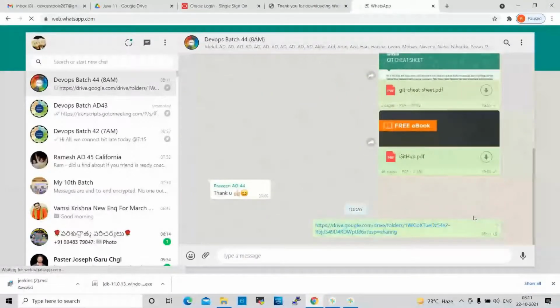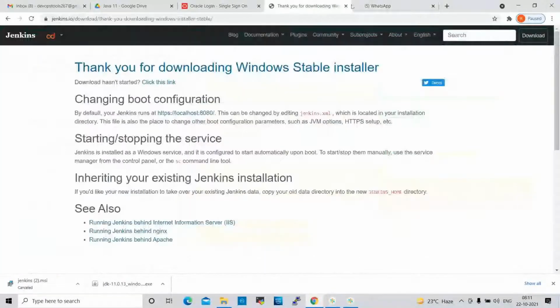In this link, you can download that Java. Everyone can download, right? Can you share your screen so that I can make you a presenter? If anyone has a Windows 10 laptop, a personal laptop, not an official laptop. Don't share an official laptop, personal laptop. Can anyone give the control? Can anyone? I'll make you a presenter.